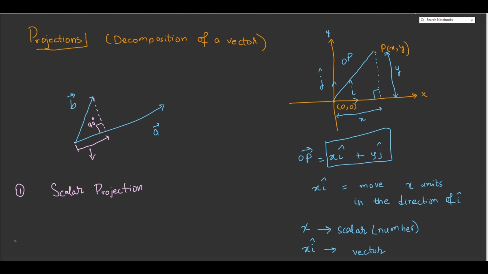Okay, and the second one is called the vector projection. So how can we do this? By which formula can we find them? We are going to discuss this below. We have the following definition, which gives us